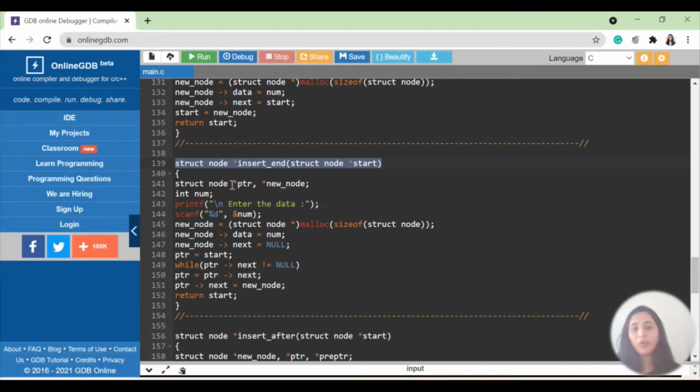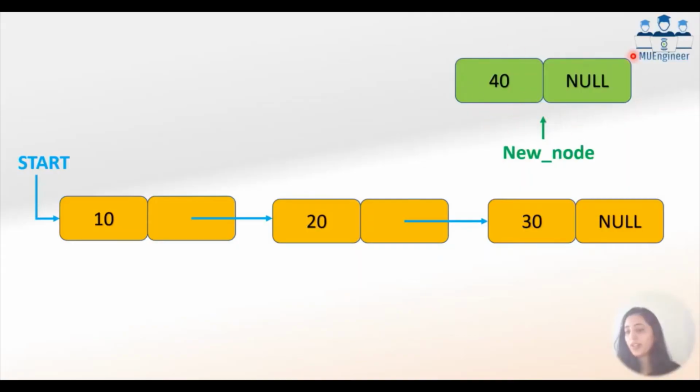Okay, I'm declaring a node called new node, और मैं एक extra node variable declare कर रही हूँ, उसका नाम है PTR. What I'm doing is, first of all, मैं user को पूछ रही हूँ what is the data you want to insert. He is saying okay 40. I'm storing that value 40 in the variable called num. Now new node के लिए मैंने malloc, so I'm allocating the box for this new node. So now when I say malloc, new node has got this box and it is allocated the size.